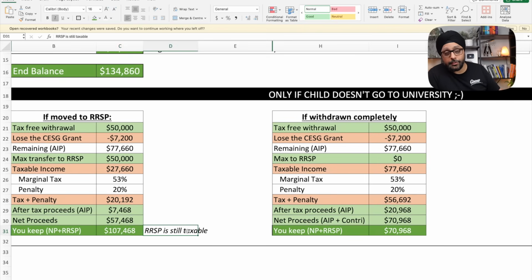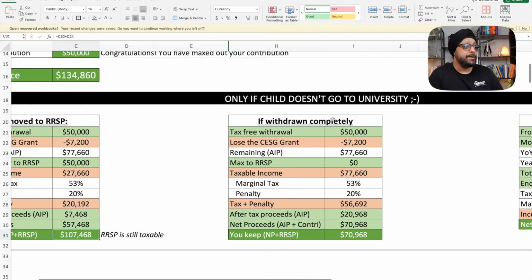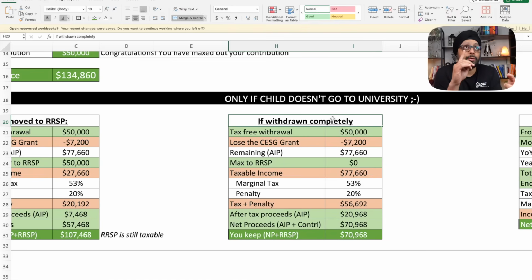So, the $50,000, whenever you take it out in your retirement, it will still be taxed as your income tax. So it's not like all of this money is tax-free. Now, if you withdraw for any reason, your kid is going into a university in India that is not listed on the CRA website, or you have to leave Canada and move to the US for your work, and your child is also moving to the US and they are not able to use the RESP for any reason whatsoever, you do not use your RESP money and you withdraw it, it will be a massacre.